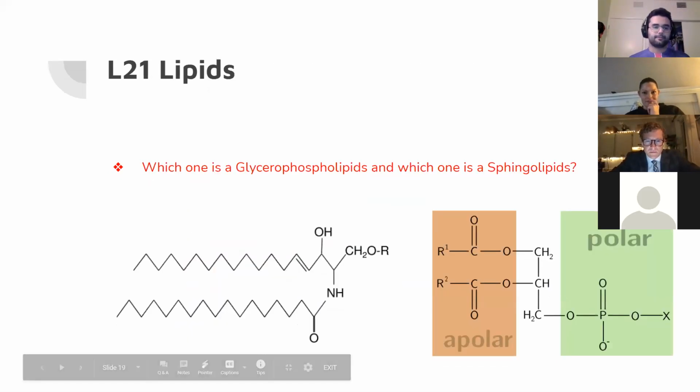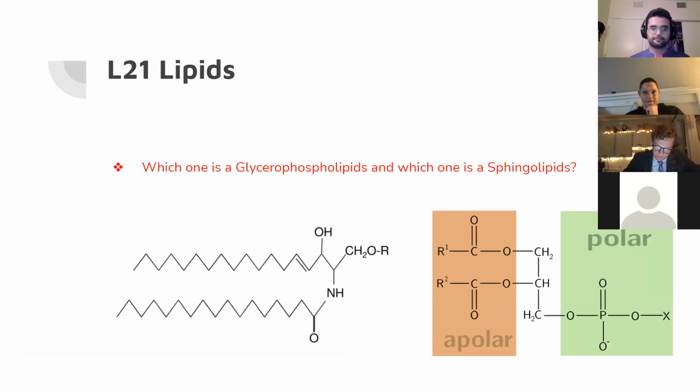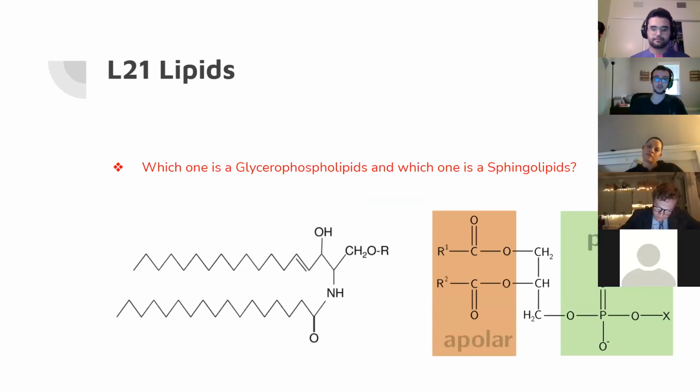Any questions on lecture 21? Are sphingolipids always going to be unsaturated, because the sphingosine part of it has the double bond? Yeah, but I think you're more referring to saturated and unsaturated in fatty acids, in terms of their general properties. It's not going to matter that much here. It matters a lot more with glycerophospholipids, just because that's what we're going to see in cell membranes.